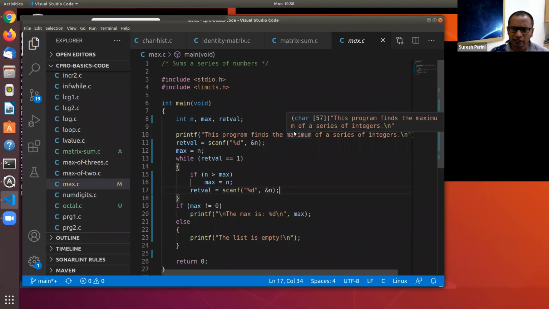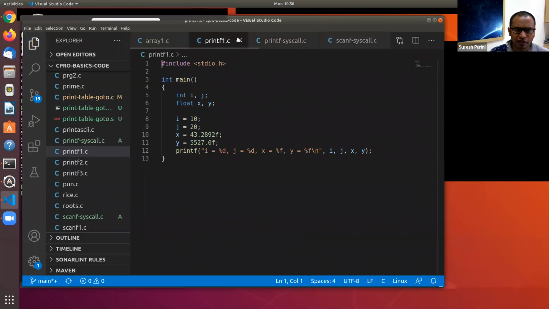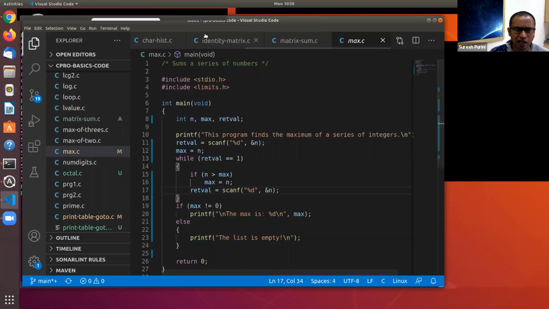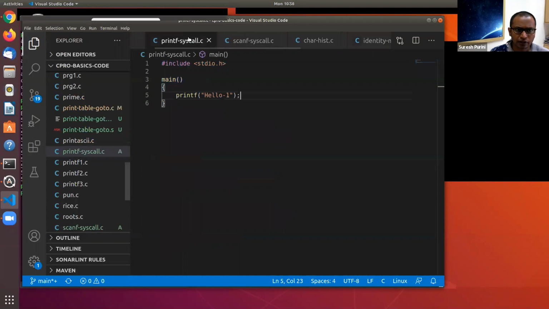I use that question to take a detour, but I would like to believe it is a very worthy detour. Let's start with printf, and then we will go to scanf, and you will get a complete understanding of what is happening under the hood.